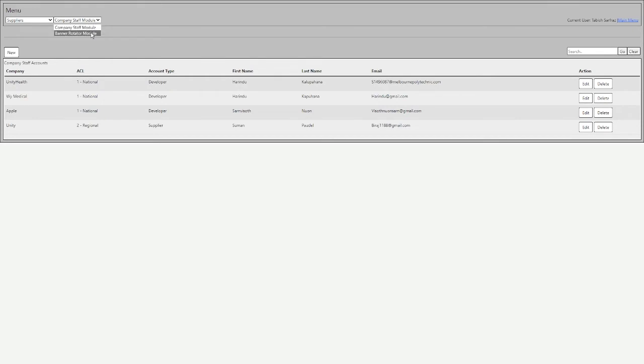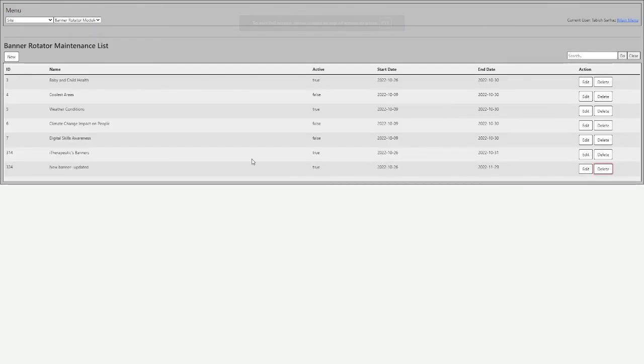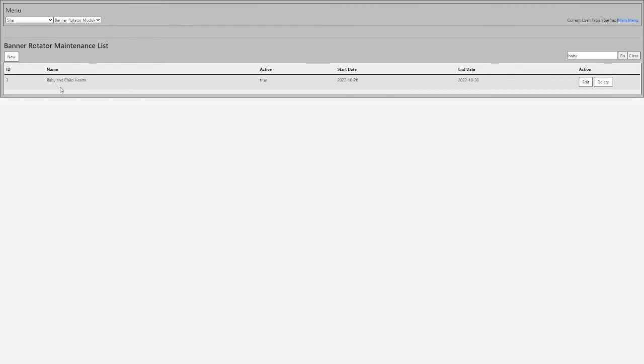Go back to the banner rotator module. This shows the content of information the user created for the banner rotator. It also has a function to search by the name of the banner rotator. For example, I searched for baby, and it shows all the banner rotator names containing baby and child health. Then I hit clear, so it goes back to